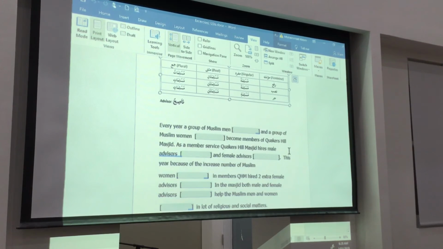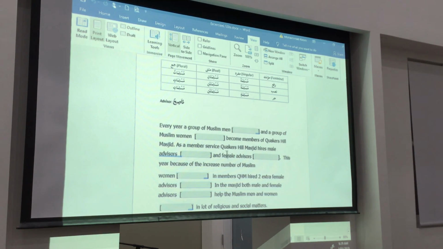Sorry, brother, just to make sure, can you read it again? Yeah, sure. So every year, a group of Muslim men, which is Muslimina, because it's the jar, and a group of Muslim women, Muslimatin, become members of the Masjid. As members of Islam, hires male advisors, Nasihuna and Nasihina, and female advisor Nasihatin. Okay, this year because of the increase of number of Muslim women, it will obviously be Nasihina, and